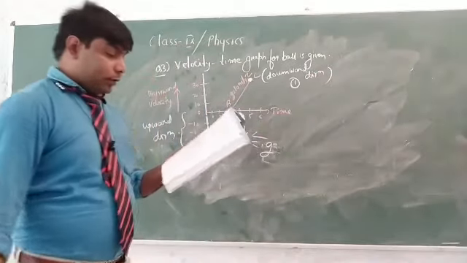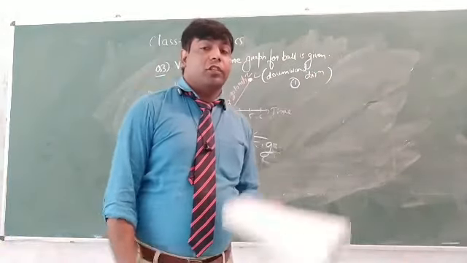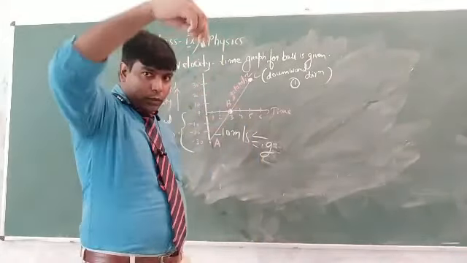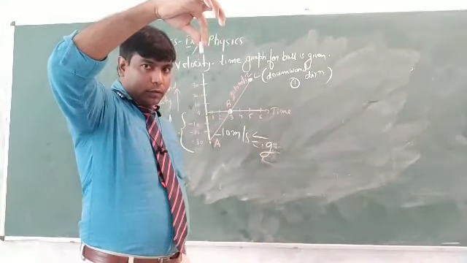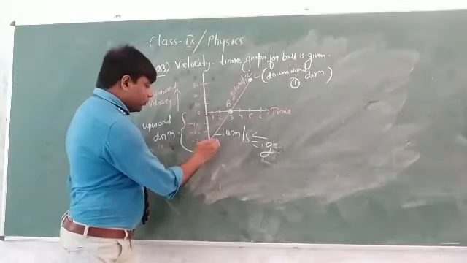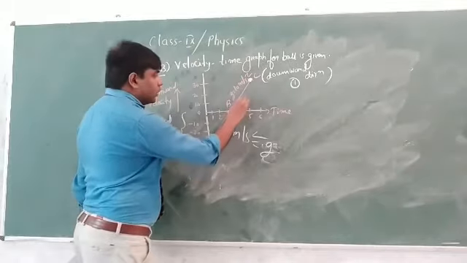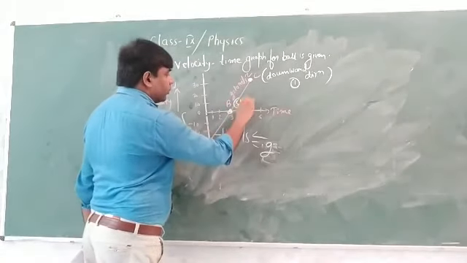Right? Second, at which position is the ball stationary? The ball will be stationary at maximum height, because see, this chalk is thrown to the maximum height. It will be at a stationary position. See, here the ball was thrown. It will go up, and at this position it will be stationary, that is, at rest.